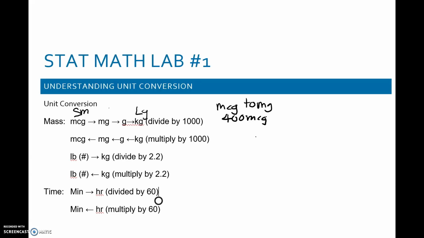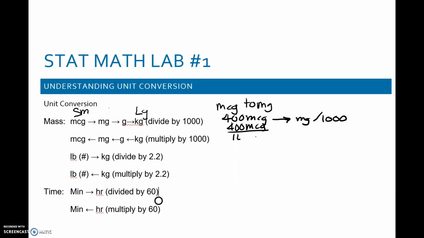If we want to go to milligrams, we have to divide by 1,000. So the way I set this up is just 400 micrograms divided by